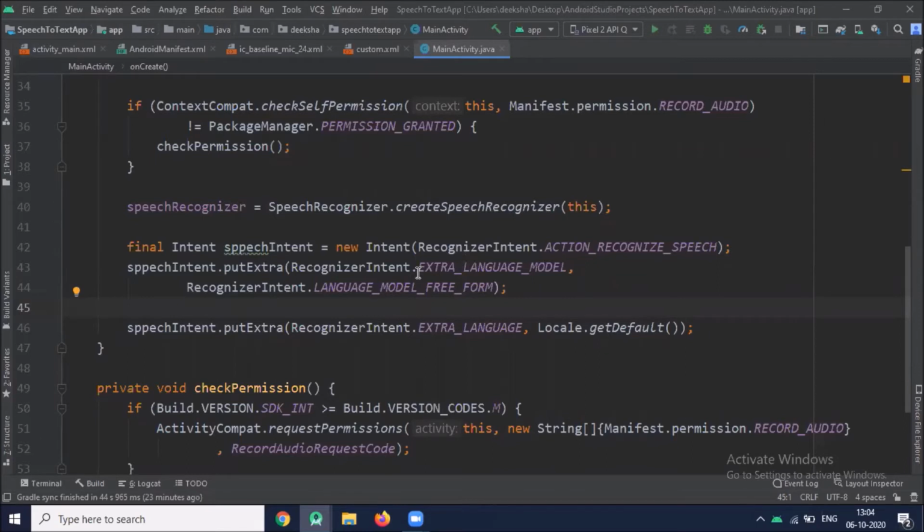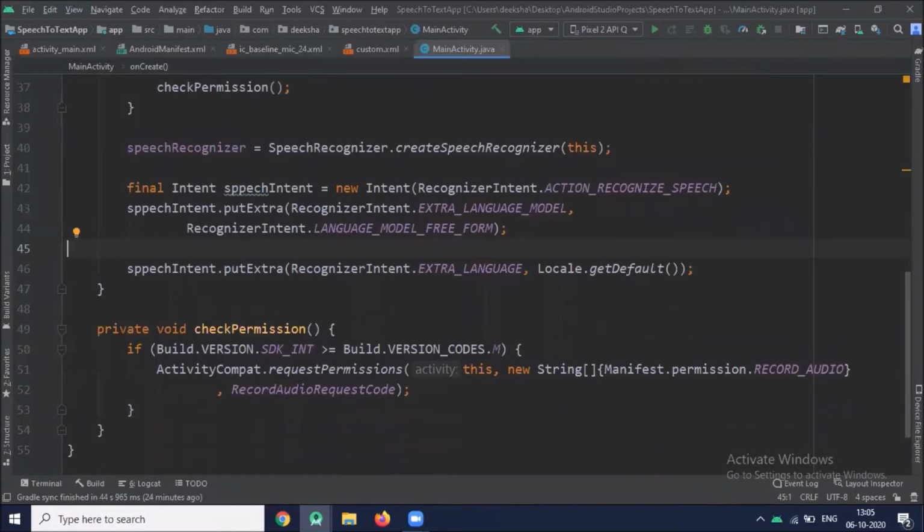EXTRA_LANGUAGE_MODEL informs the recognizer which speech model to prefer when performing ACTION_RECOGNIZE_SPEECH. LANGUAGE_MODEL_FREE_FORM uses a language model based on free-form speech recognition. EXTRA_LANGUAGE is a language tag, for example, en-US. Here we use the default language.